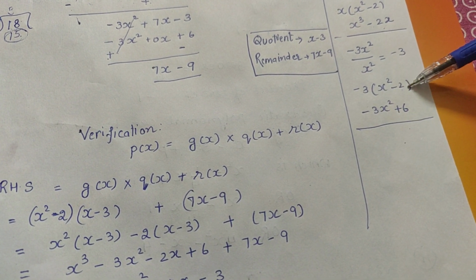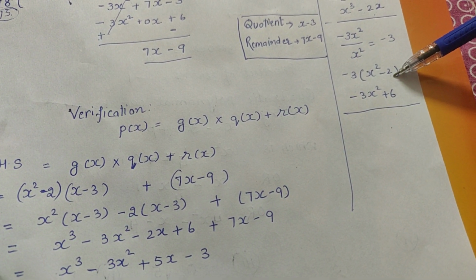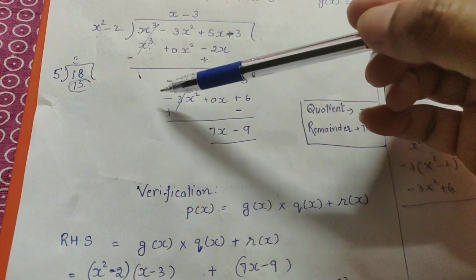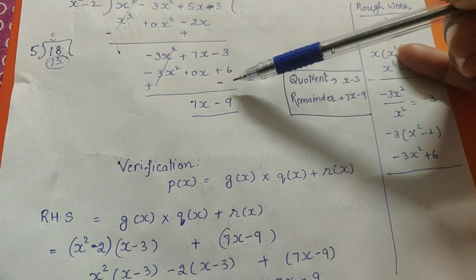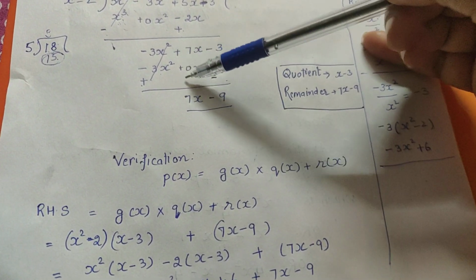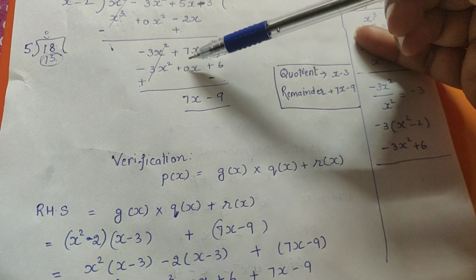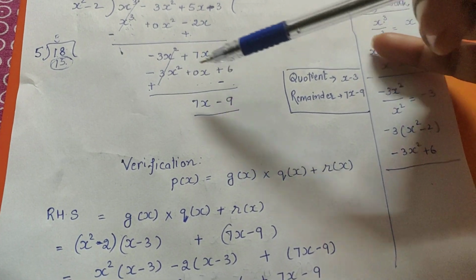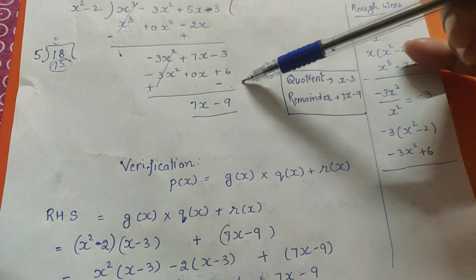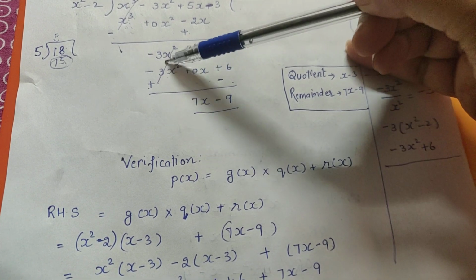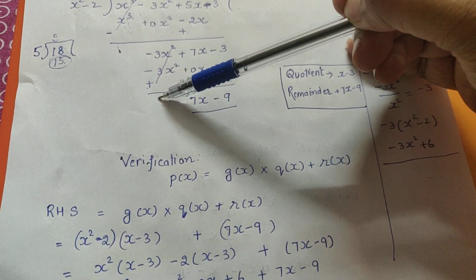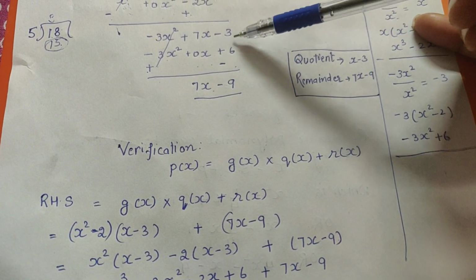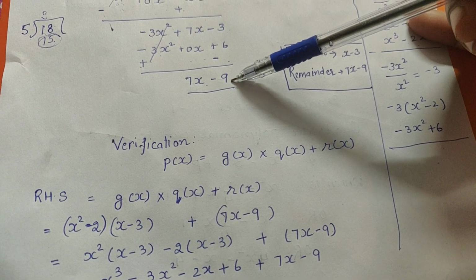This is the main mistake which the students make. Minus 3 multiplied by minus 2, you get plus 6. Remember this, okay? So I have written this again, minus 3x square here and plus 6 here. And as I did not have any term containing x, I have written 0x. So again same procedure. I will change the sign. To subtract, change the sign. Then this will get cancelled. Minus 3x square plus 3x square will become 0. And then 7x plus 0x you will get 7x, and minus 3 minus 6 is minus 9.